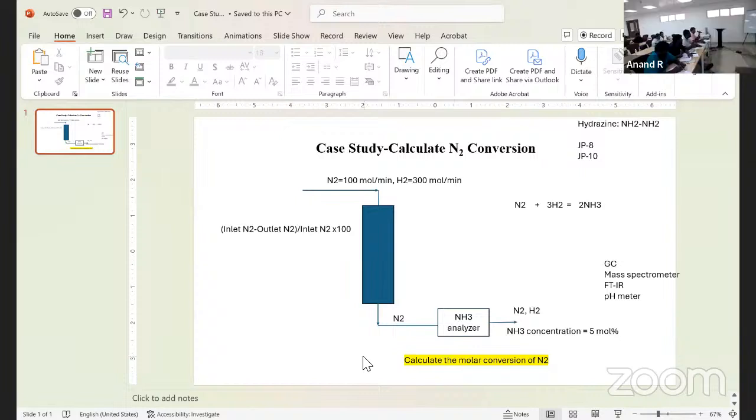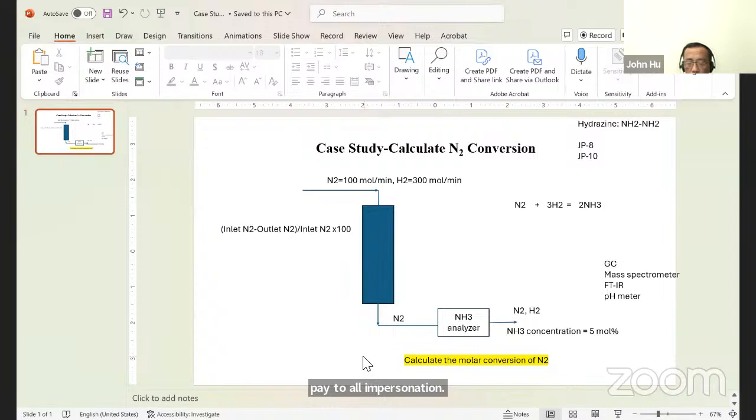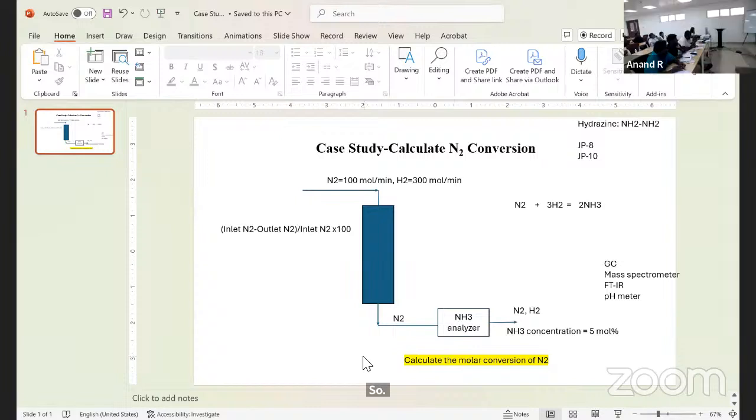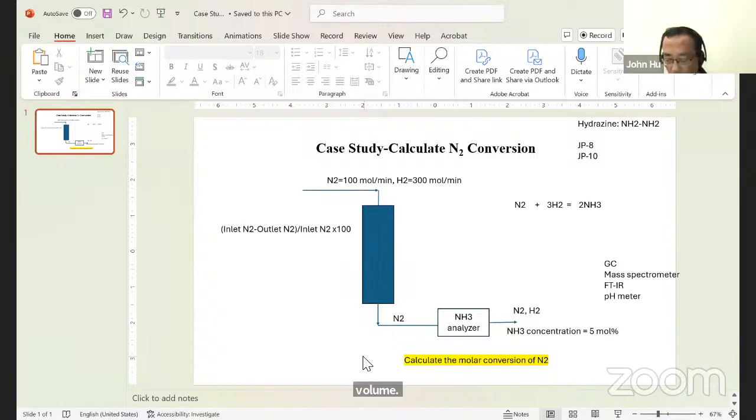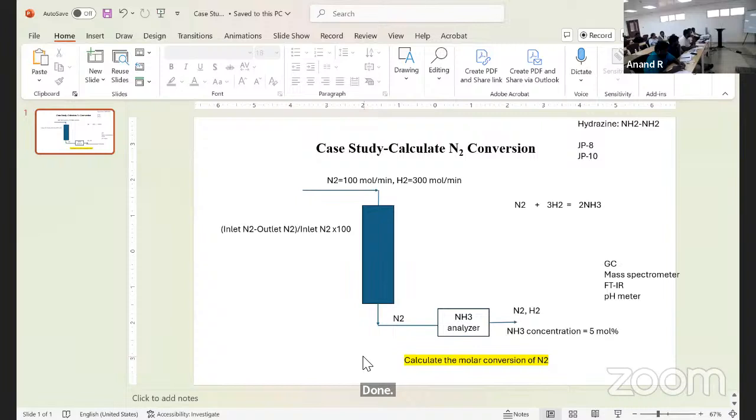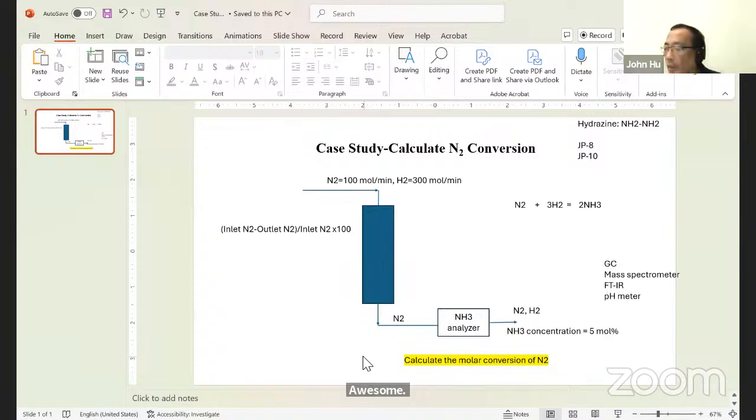Sir, 24.8 volume percentage, sir. Hold on, I'm going to show you my calculator, okay? Just hold on one second. People, come on. 24.8. Volume. Okay, so anybody can tell me